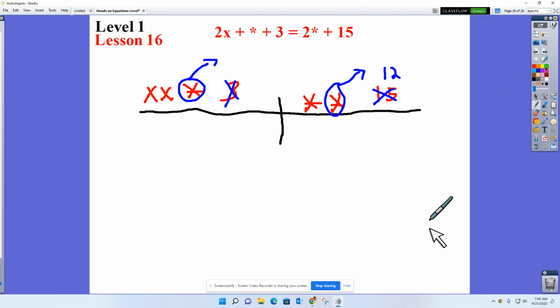Well, what I have to do now is I have to get rid of this star. I need to be able to take it away, which means I'm going to add a 0 to this side. So I'm going to go over here, and we're just going to say, there's my x, there's my star. Now I can take this star away, and I can take this star away. That leaves